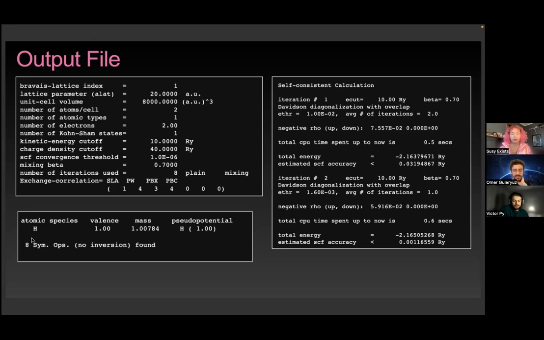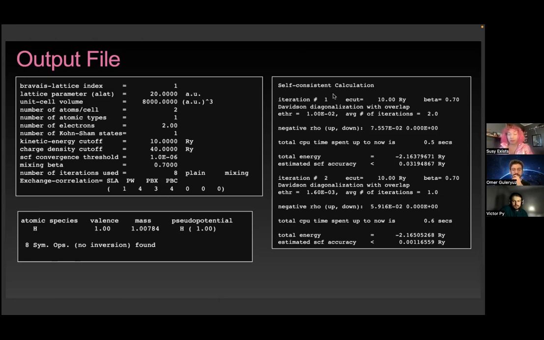So in this case, if we give like 2 hydrogen atoms, like in a hydrogen molecule, we have 8 symmetry operations, but we don't have any inversion symmetry. So this is something nice. And also the self-consistent calculations are like